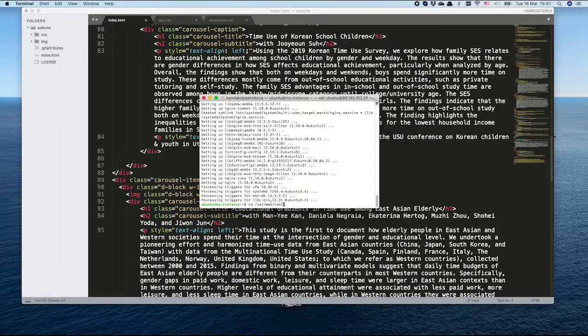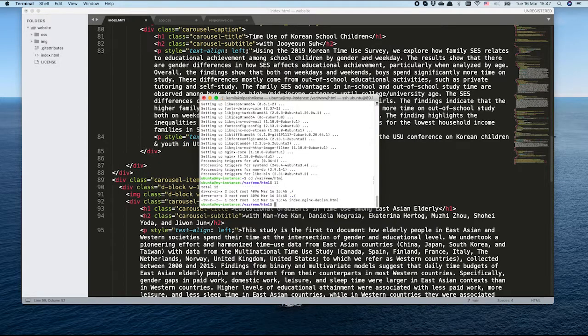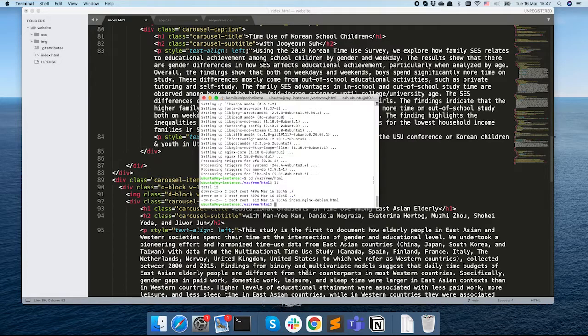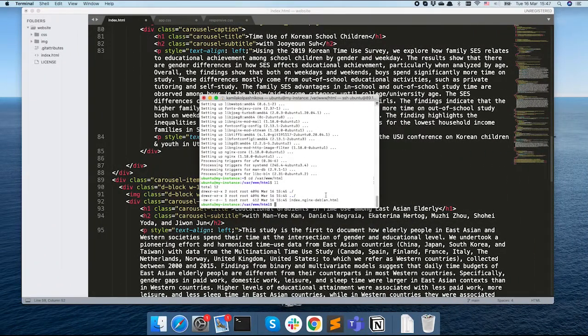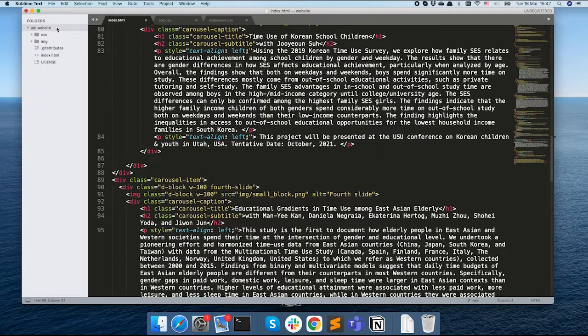and you can find it by this path. It's in var/www/html, and if you go there, you'll see there's only one file, index.nginx-debian.html, and that's the page that you see on the server when you connect to this IP address. So what we need to do right now is copy this whole website